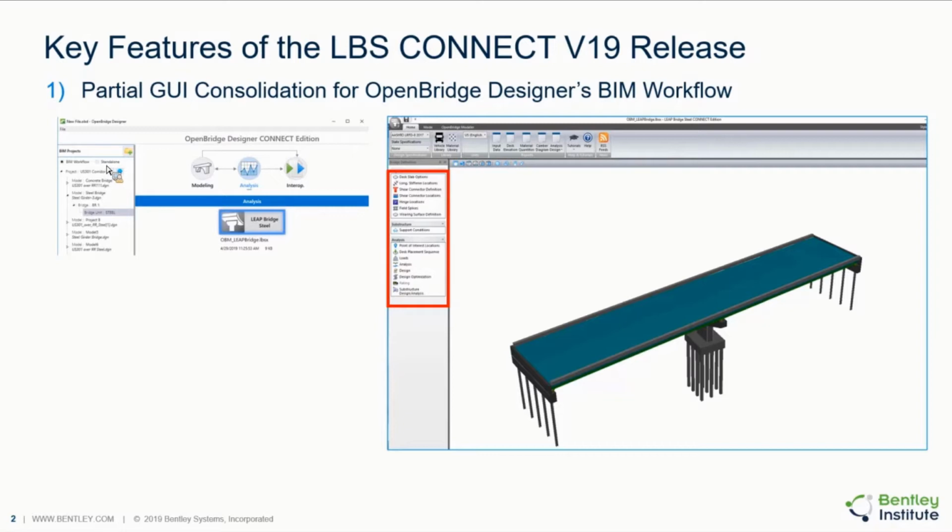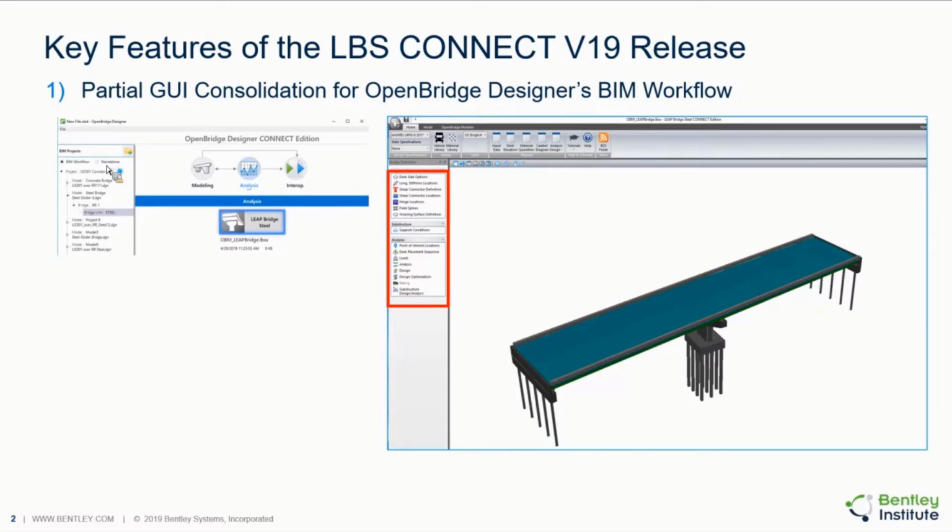For the standalone workflow, you have access to three components: OpenBridge Modeler, Lippert Steel, and Lippert Concrete, and we are also adding RM Bridge in this May release. So you will have access to four products, and they will not be any different than what you are using as a standalone product. It's going to be the full version with all controls. BIM workflow, though,